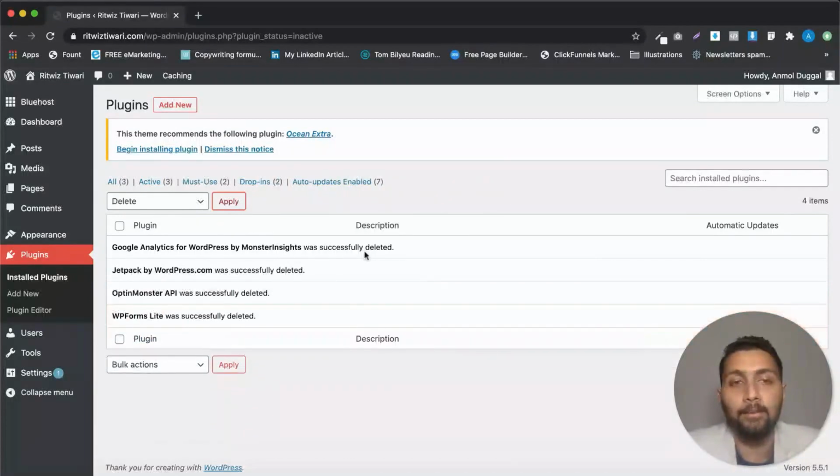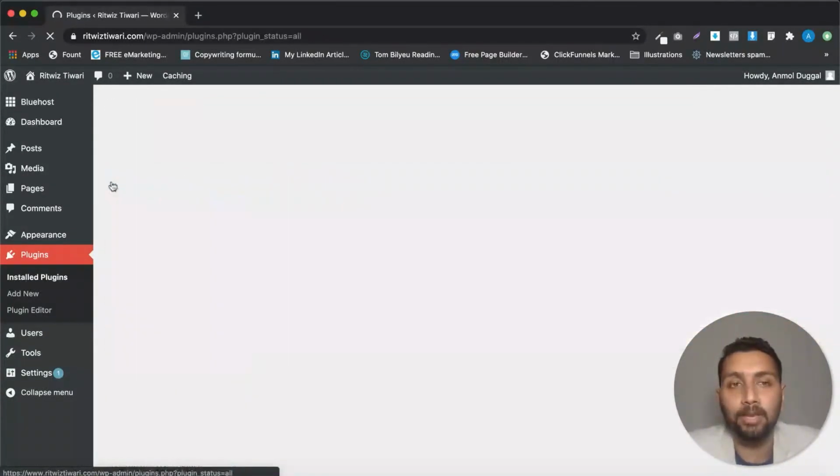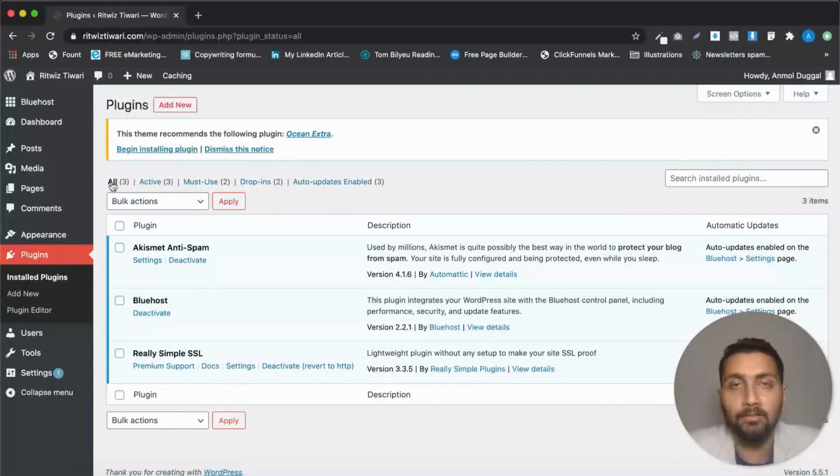Now plugins can be there for a lot of functionality. There are tons and tons of WordPress plugins available. Any functionality that you can think of, there is a WordPress plugin for that. Yes, some of them are going to be paid, some of them are going to be free. Today I'm going to show you one plugin that we are going to use for implementing SEO on our website. That plugin will help you optimize your site and your content for SEO, and it's one of the best plugins out there.